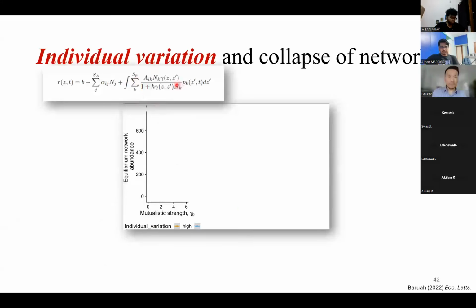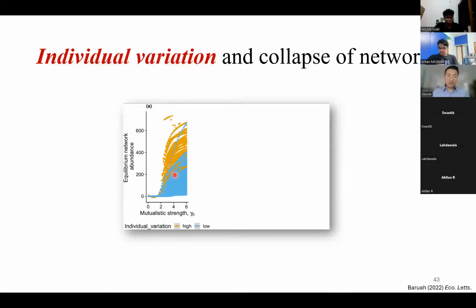We basically take this third term, which captures the positive interactions, and we try to make it 0 by decreasing mutualistic interaction between species. So on the y-axis is the equilibrium biomass or abundance, and the x-axis is the mutualistic strength. Okay. So gamma naught at 6 would mean that the environmental conditions are really good, and 0 here would mean the environmental conditions are really poor. And on the y-axis is basically the equilibrium biomass of entire networks. So what we observe is that as the environmental conditions deteriorate from 6, let's say, where the environmental conditions are really good, to 4, you see that